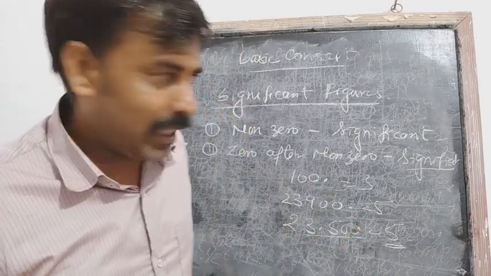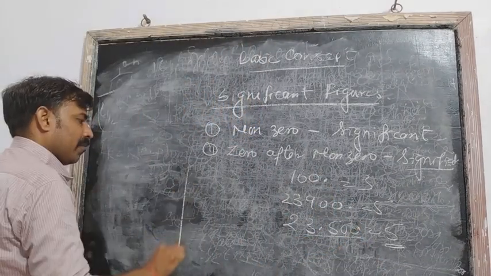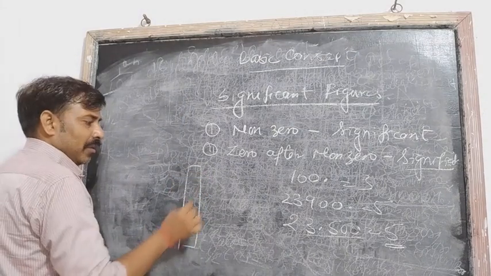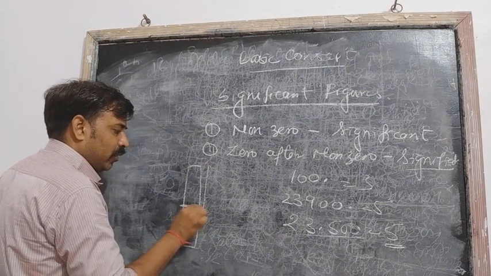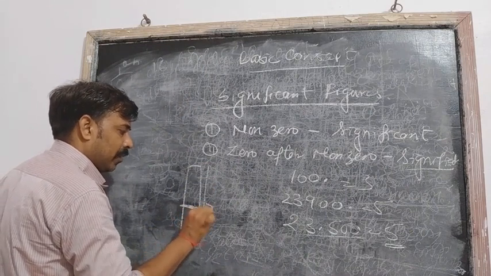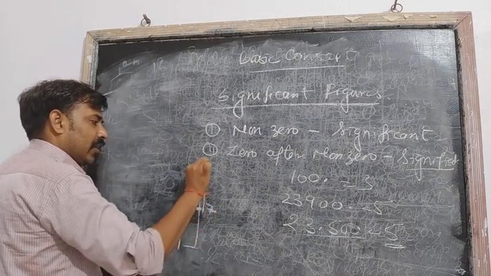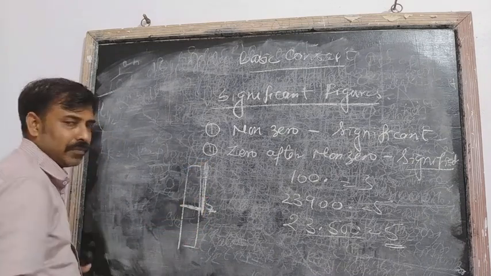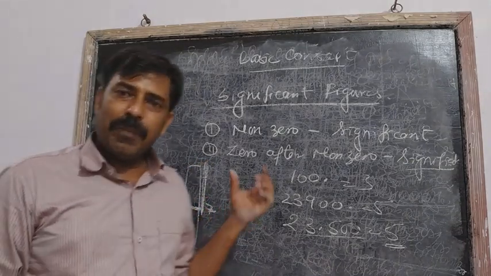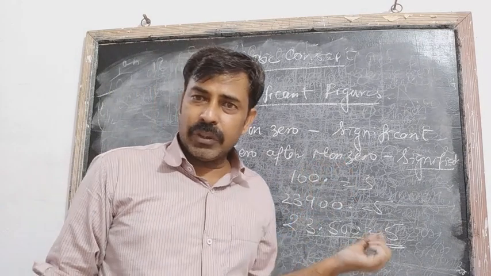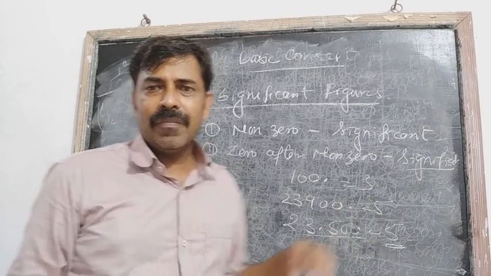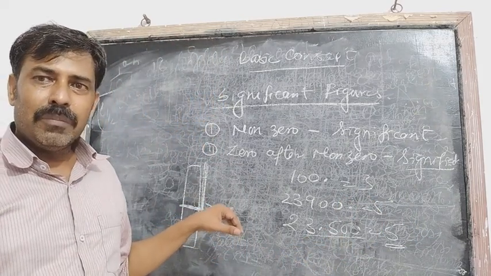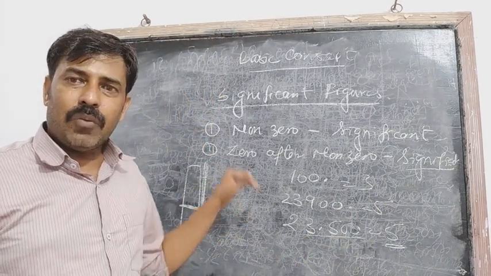I am taking another example. If you have a scale and you are measuring the length, and we consider that this is the value 7 centimeter, and this is the rod which you are going to measure. This rod may be equal to 7 or lesser or greater than 7 centimeter. If it is more than 7 but less than 8, then what will be the value?